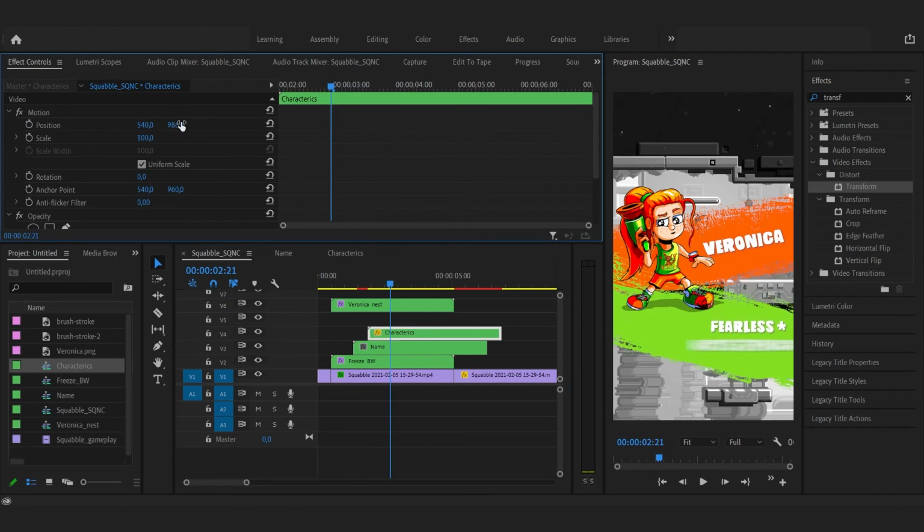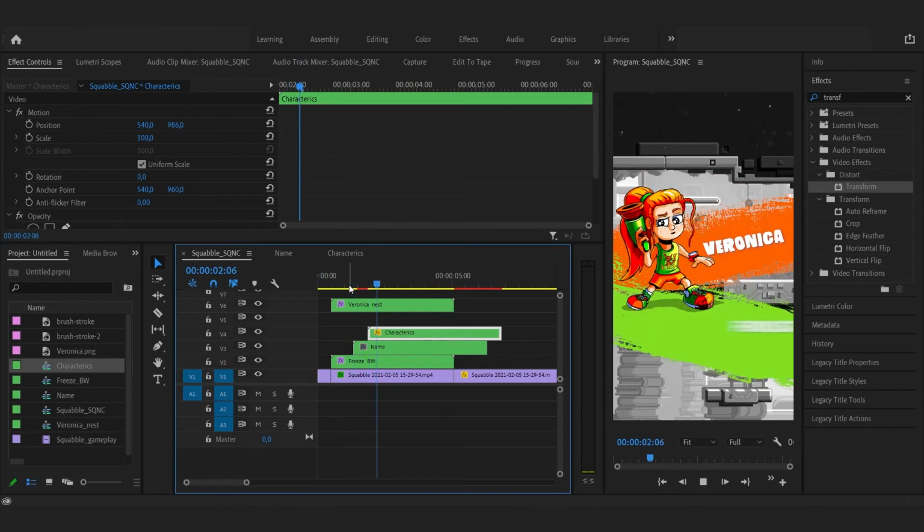We are almost done, but this looks just too flat. Adding some motion might help in this case.